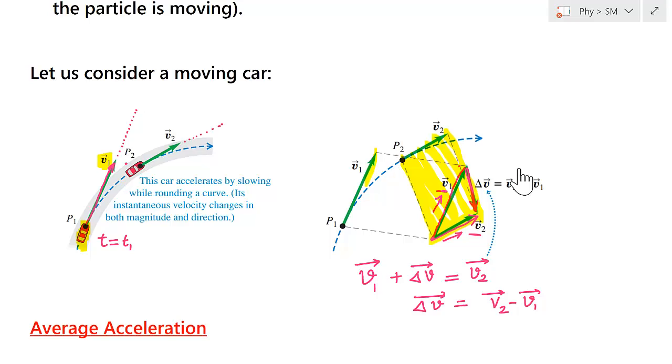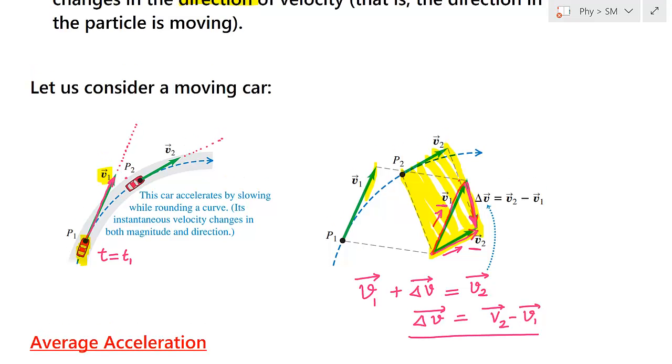First I freely translated vector V1 and vector V2 so that the tails coincide, and once the tails coincide, we can make the third vector, that is delta V. This is the third vector that we are making, and then we can use triangle law and calculate the magnitude of delta V. So in this case, the magnitude of delta V, that is the change in the velocity vector, includes the direction change and the magnitude change, because this is a velocity vector. So this is equal to V2 minus V1.